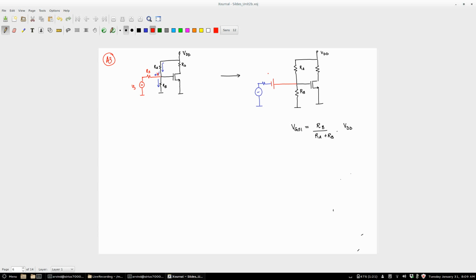Okay. Now let me say I do the following connection. I have the source here and I have the source resistance. What I do now is I take this value of VGS1 and connect it as a battery here. I call this the value of VG. Okay. Now what do you think would be the current through this? What would this current be? Does everyone see it is 0?